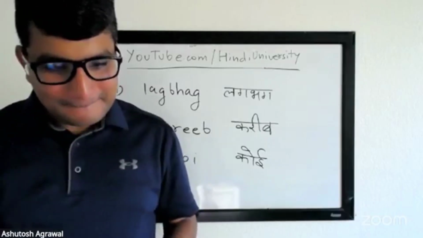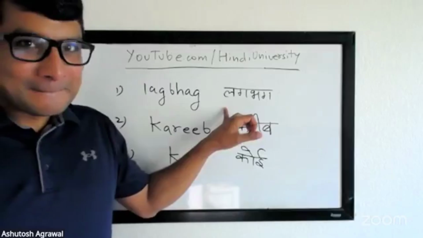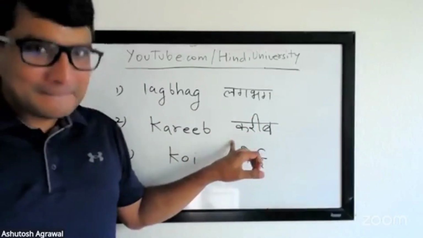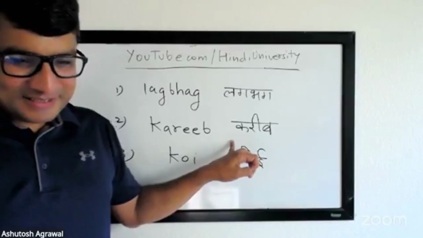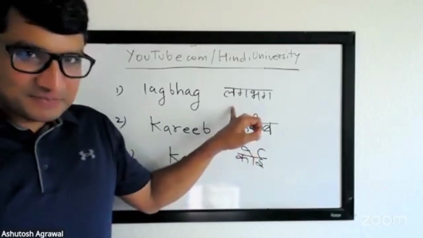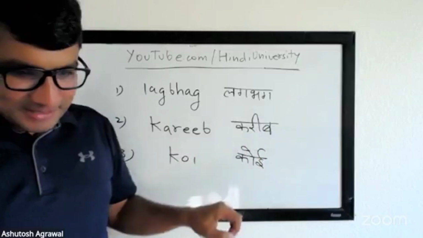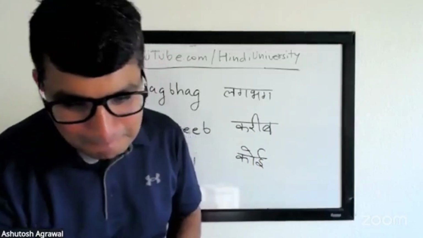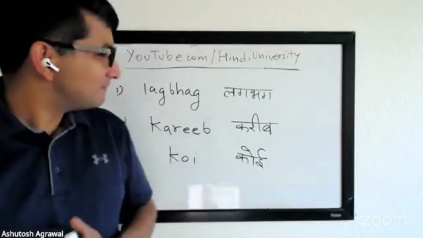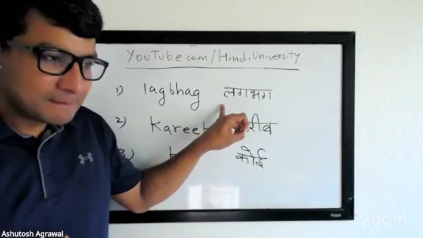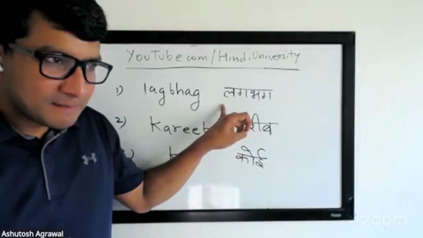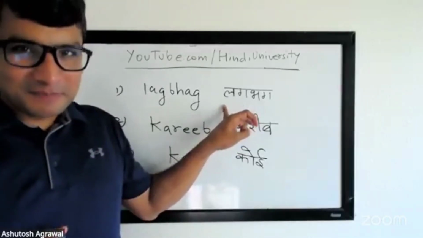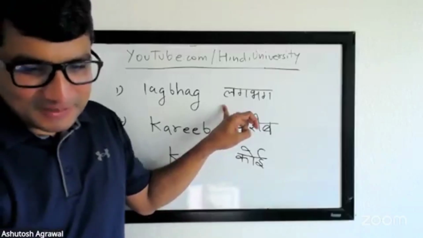I would guess that maybe, this is Michael, that karib is probably used more in Urdu because it comes from Arabic. Okay, wonderful. And I guess lagbhag must be closer to Sanskrit. But I don't know when to use which one exactly. Okay, well, good guess. Anyone else? I would say lagbhag would be used when you are in a shop and you are asking for a price, and then the shopkeeper says it's between 50 and 60 euros or dollars, whatever. Okay.